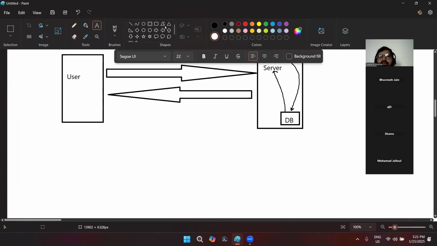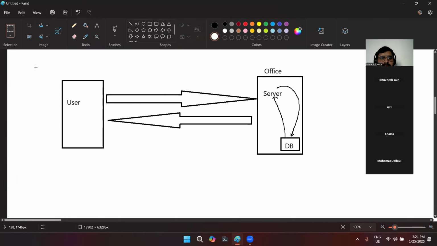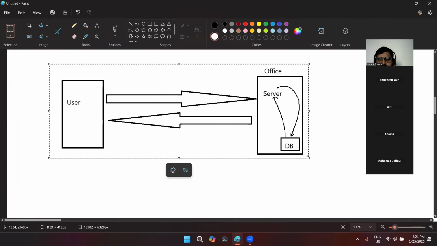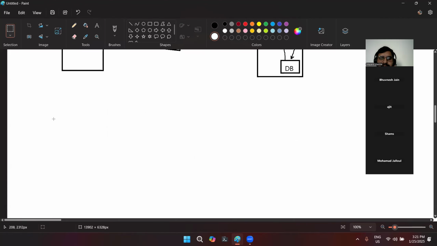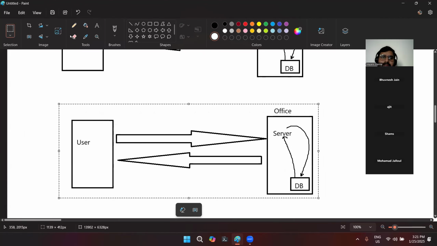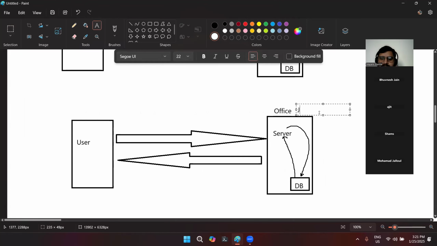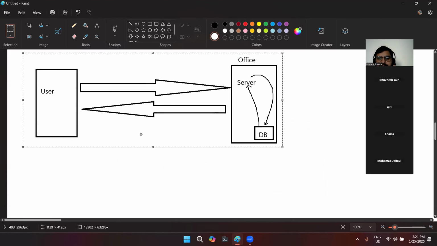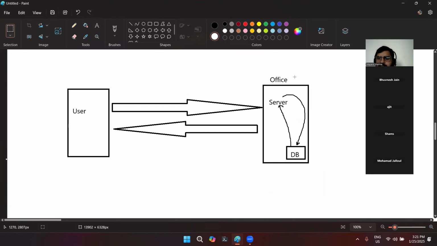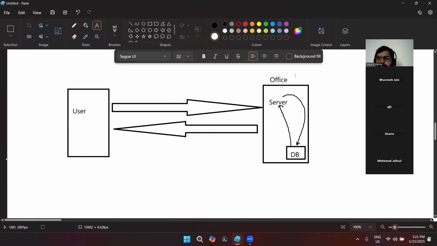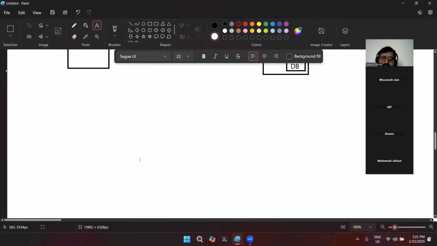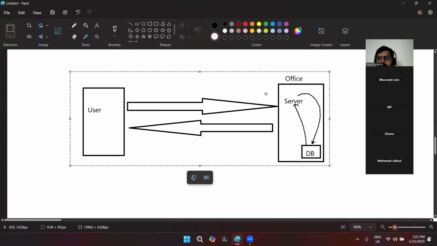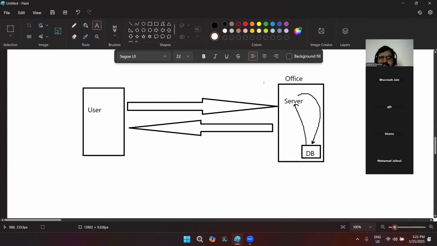Apart from that, let me copy it. I also have a service called Jira, which also uses something like this. After that, I also have another service, let me call it Confluence. After that, I also have another service, let's just say GitHub.